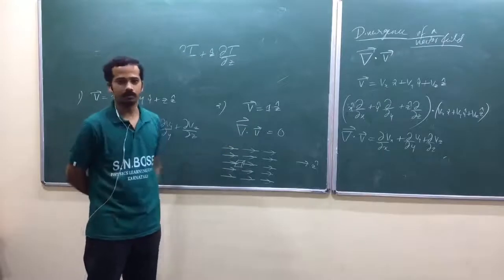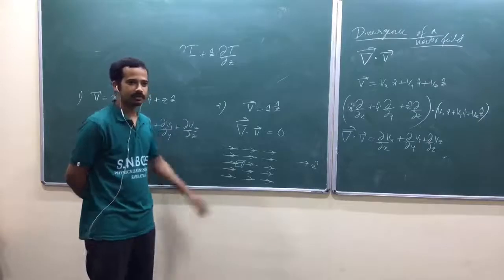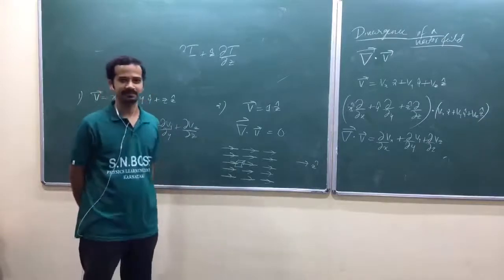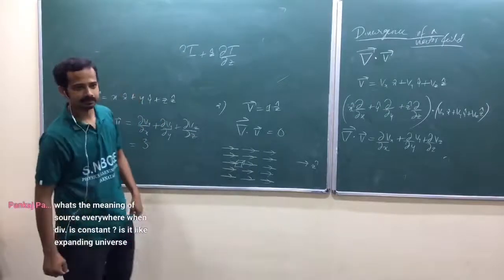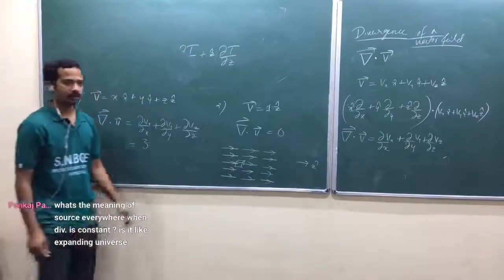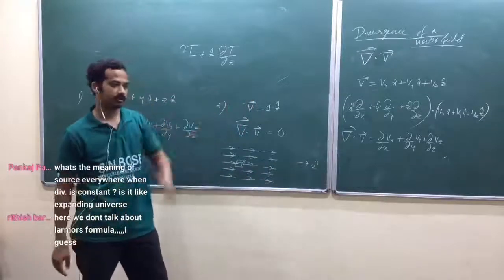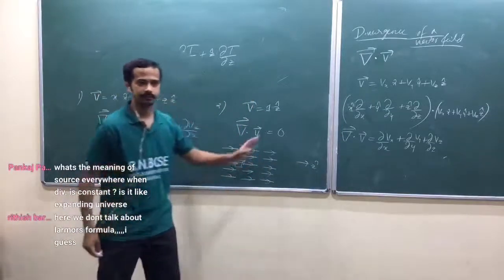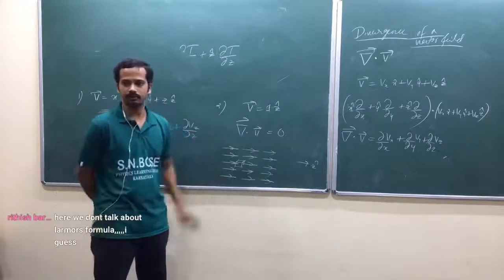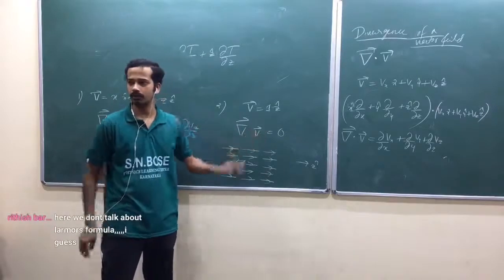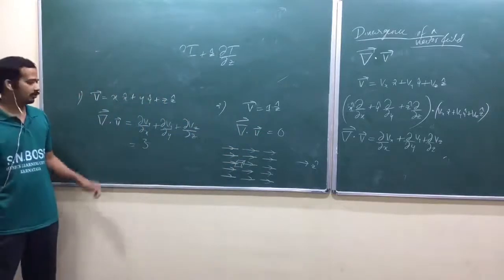Now the question: how are these field lines created? Where is the source? The source is somewhere at infinity. Is that okay? So at none of your finite points, or points in a finite region, do you have divergence other than 0. That means nowhere is there a source. The source is at infinity. Is that okay? Now let me come to this one.